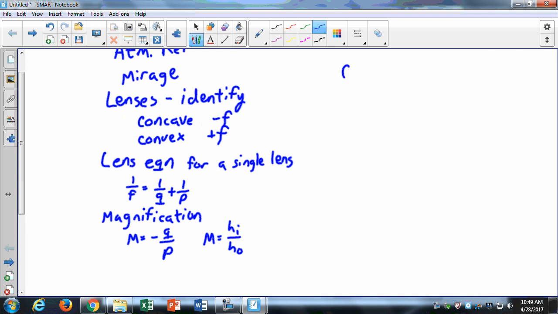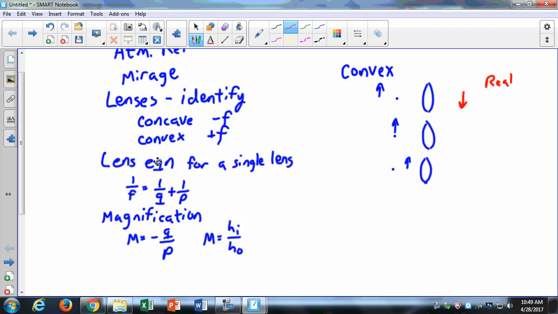So for a convex lens, this is a lot like a concave mirror. It's almost identical to the concave mirror because it's a converging device. You can have three scenarios: outside, at, and inside the focal length. These are all objects, and then I'll do the images in red. This is a real inverted image. This one, no image at all. And this one is a virtual upright